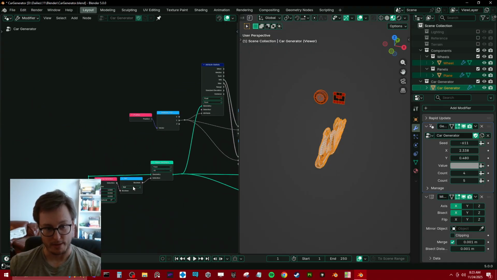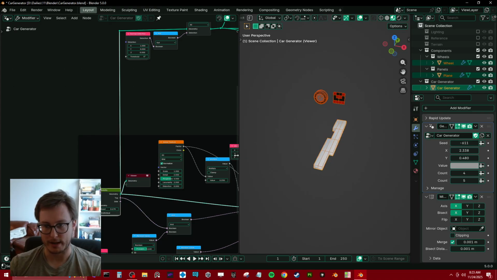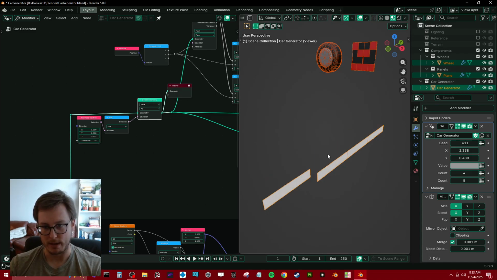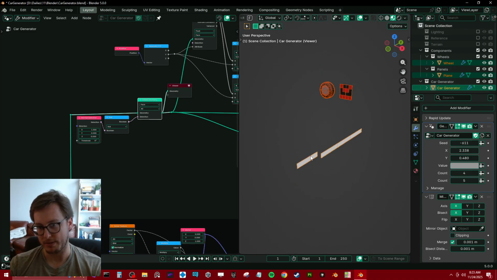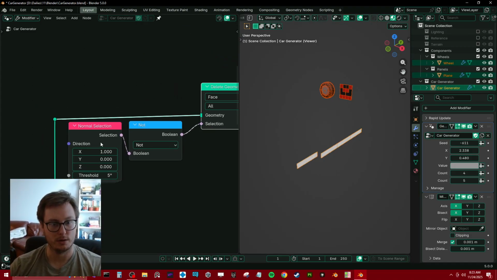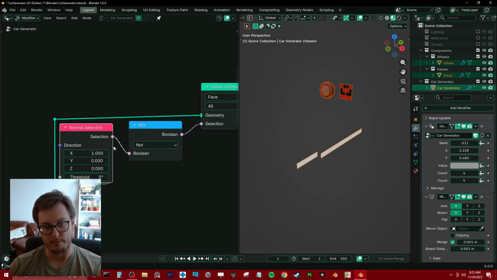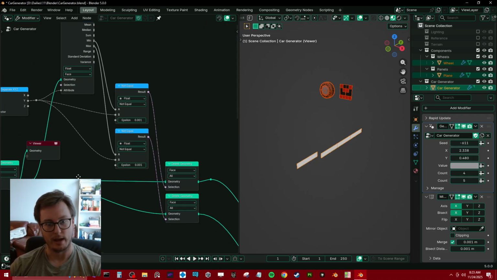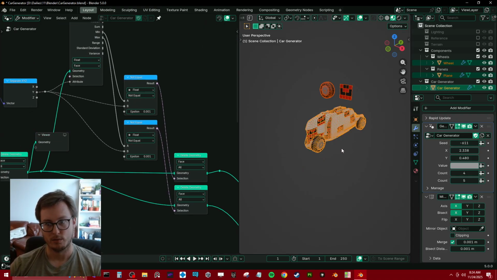All right, the other path. So where did we separate? Again, we separated at this little block here, and we went to the top and we deleted everything but the side that's pointing towards positive X. So we use this new node. This is a standard node now in Blender 5. What's pointed in the X direction? We get those, delete everything that's not those, and then we